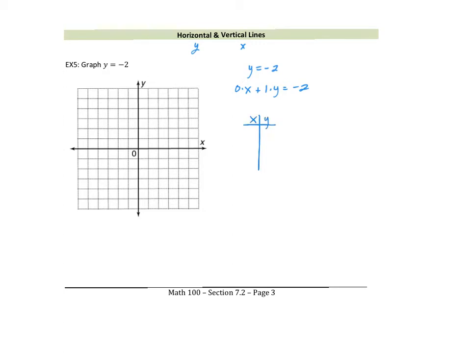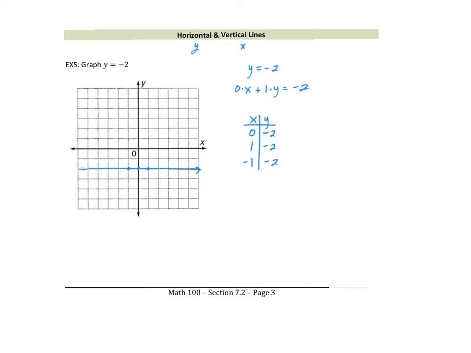So notice there's no x value in my equation. x can be anything. What if x is 0? What is the y value? Well, the equation says y is equal to negative 2. If x is 1, y is equal to negative 2. If x is negative 1, y is equal to negative 2. If x is a billion, y is equal to negative 2. So you could graph these points, (0, -2), (1, -2), (-1, -2), and simply draw